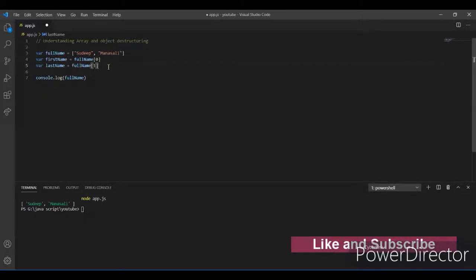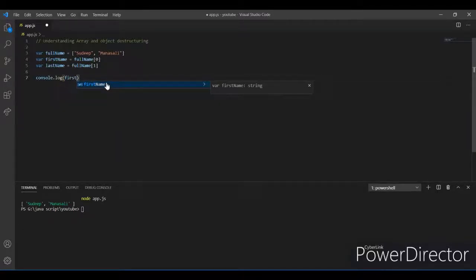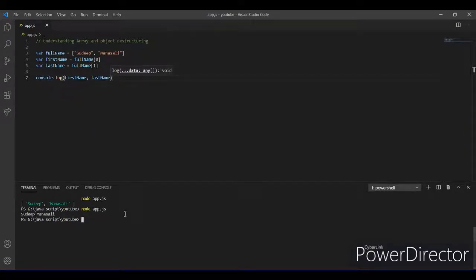Both index, this will give the values that are present with the index 0 and 1. If you log the first name and last name, it is Sudeep and Mansali.